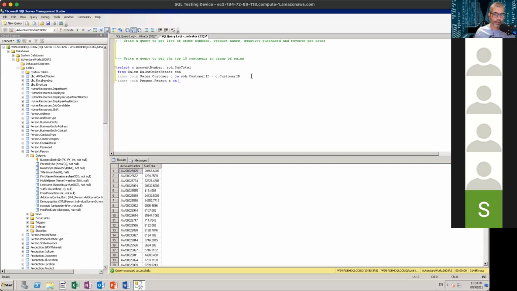In this case, we are joining the customer table, which has a foreign key for the person ID that points to the primary key of the person table. So that's the relationship that we want the database to use when it's returning results. So person ID equals,